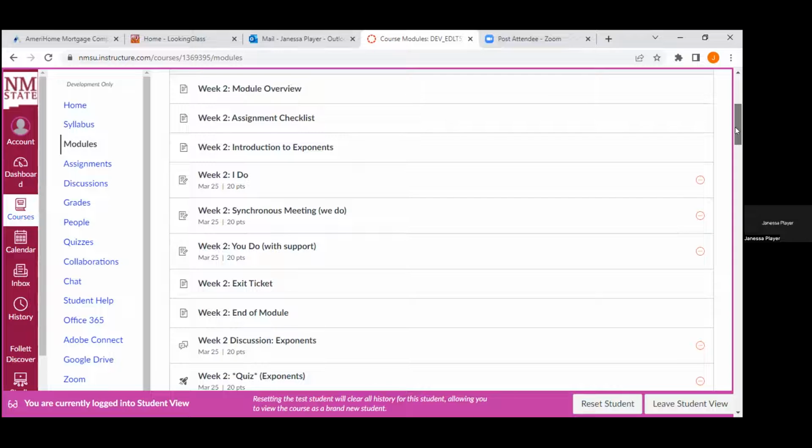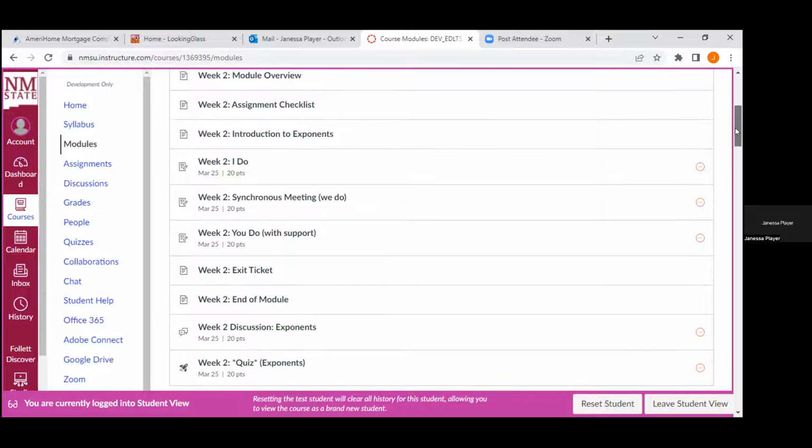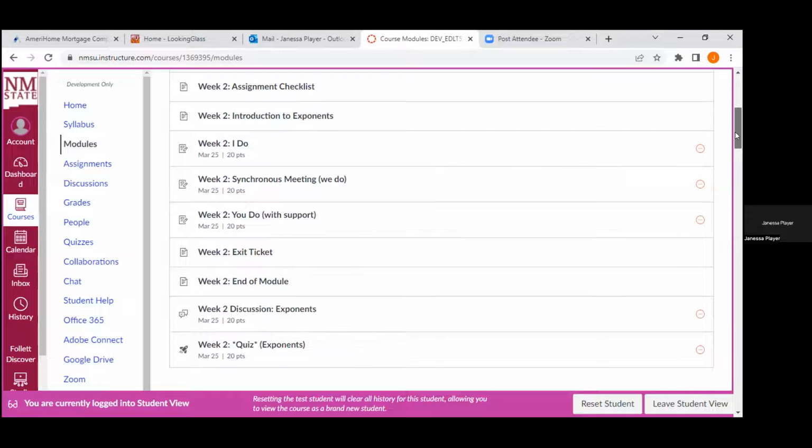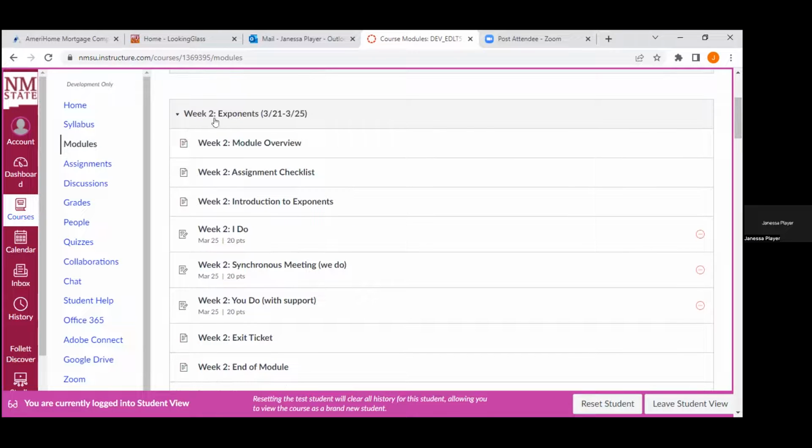They'll have multiple means of assessment. I have them doing an exit ticket, the self-check in Miro. They do a reflection in Padlet, and then they'll have a higher stakes quiz with me, incentivizing additional synchronous sessions throughout the week with extra credit. So with that self-check and exit ticket, hopefully throughout the course of the week, I can identify who might need more support. But I'll take you through what this looks like quickly.